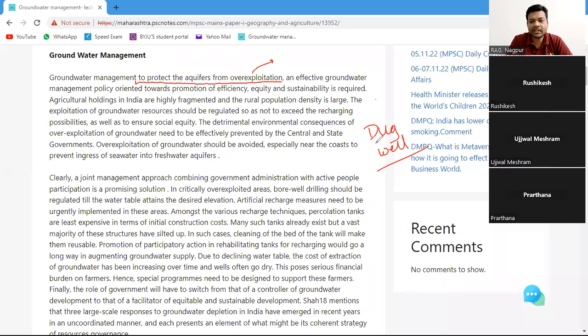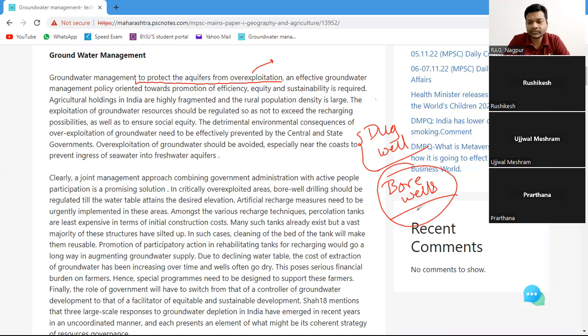So these dug wells helped recover water in smaller quantities, because every time you had to put the bucket in and then drag water outside. But with the invention of the machines and borewells, what we have done